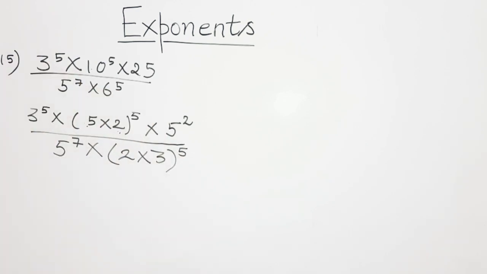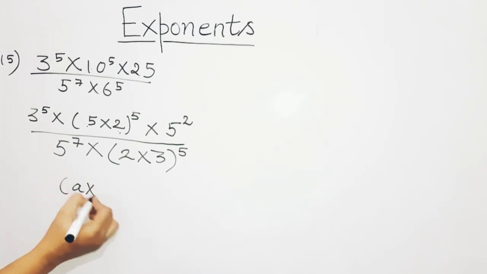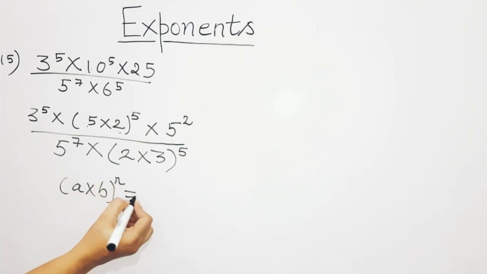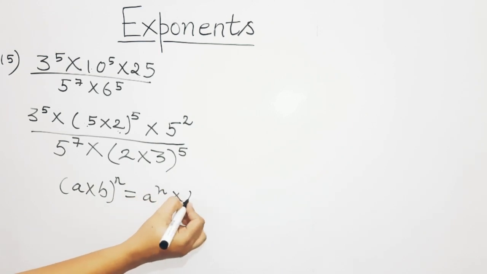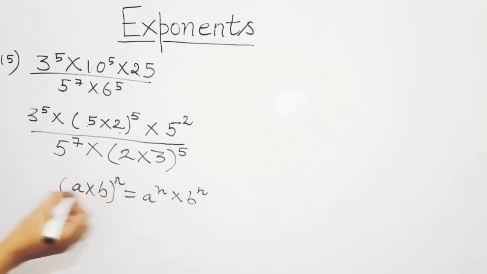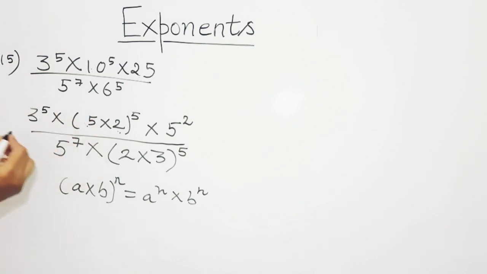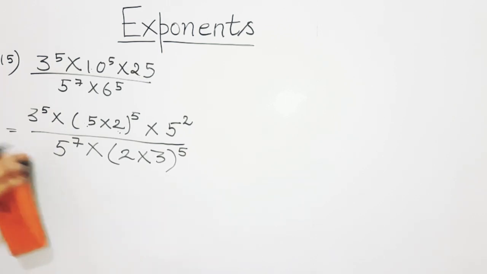Now you have studied the laws of exponents, and as per the laws of exponents, a multiplied by b to the power of n is equal to a to the power of n multiplied by b to the power of n. The power is multiplied, right? So here also the same thing is going to happen. The same thing will happen in this option also. Now let me rub this.